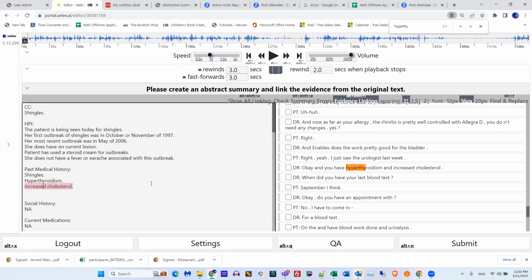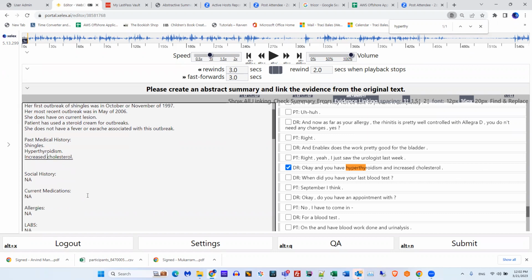Okay, and notice that I am linking the same evidence for different things, and that's okay because that's still the evidence I used. There's other stuff, but I'm not going to put it all, for demo reasons. I want to get through this so we can go into other things.